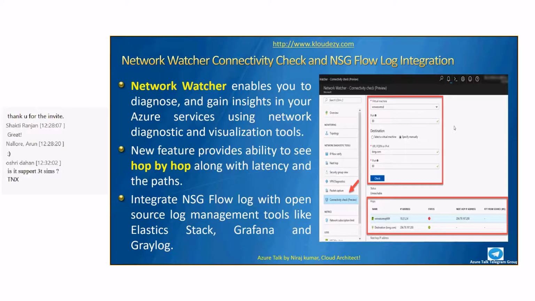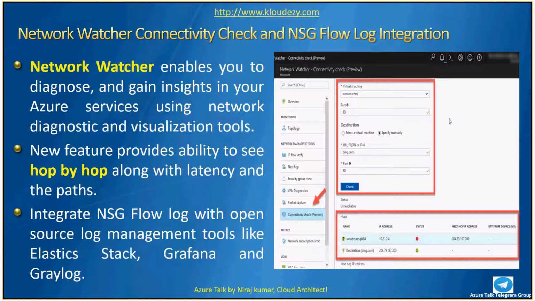So I think we have already covered this in the previous one, but a little bit more about Network Watcher. So go ahead if you want to add anything, Uday or Rahul. Well, yes, as we explained last time as well, Network Watcher enables the diagnostics for the packet, how it flows.